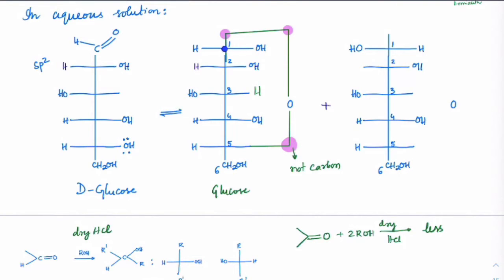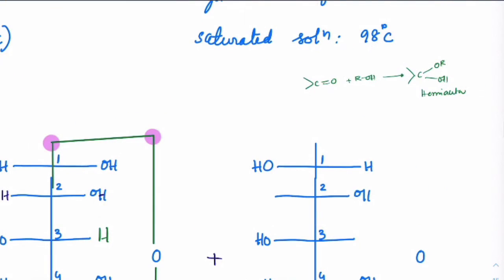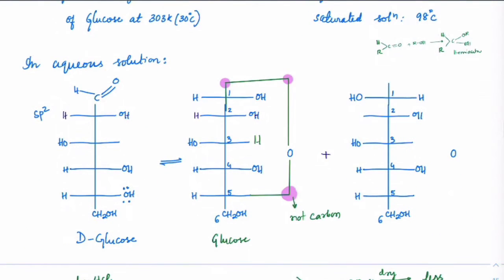When that happens, you can check out in a hemiacetal also. Suppose this was an aldehyde, which means it has H here and R here. You can see this OH and H can be on either side. OH could be here, H could be here. So I'll get two kinds of diastereomers here, right? OH will be on the right hand side with H on the left hand side, or OH on the left hand side and H on the right hand side. Anything could come on the carbon 1 position. I guess you understood that, right?